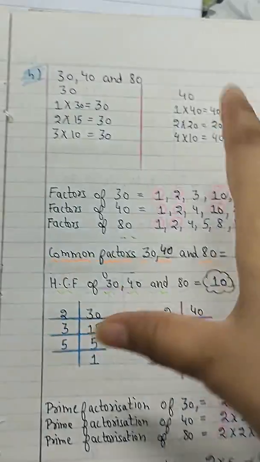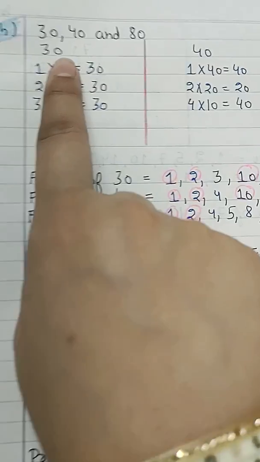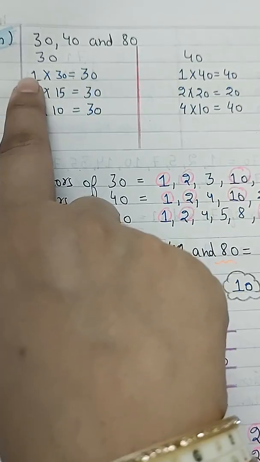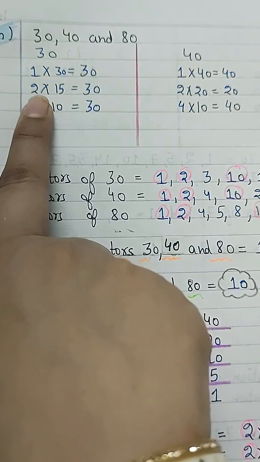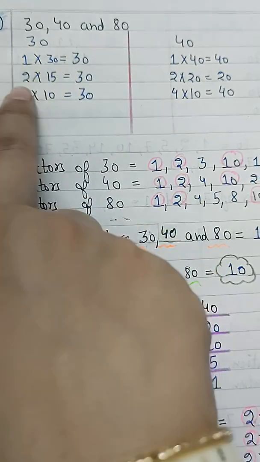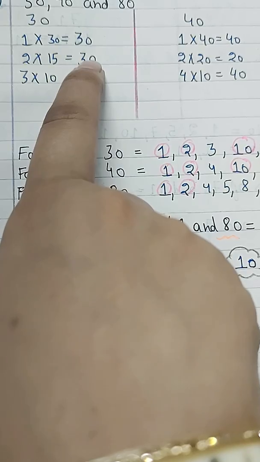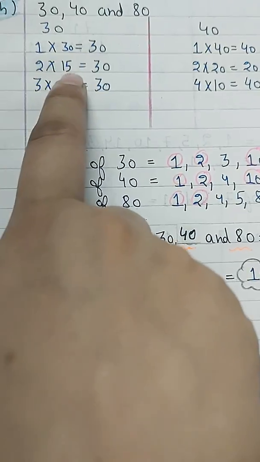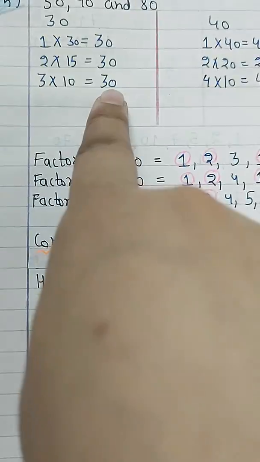So the first rule is the same, the rules are the same, only there is some difference. For 30, we are going to find the factors. We again start from 1: 1 into 30 is 30, the number itself. 1 is always a factor, please remember. As it has 0 at the last, it will be divisible by 2, and 3 does not come in the table of 2, so we take 2. 2 comes in the table of 2 at 1, so we write 1 here. Then we put the 1 in front of 0. 10 comes in the table of 2 at 5, so we write 5 here, so it becomes 15. Now 30 comes in the table of 3 at 10, so we get 30.